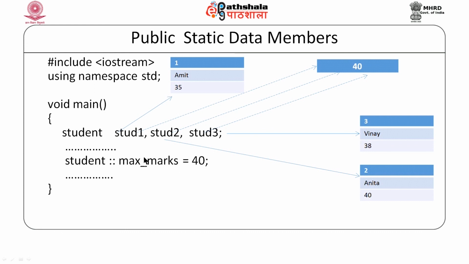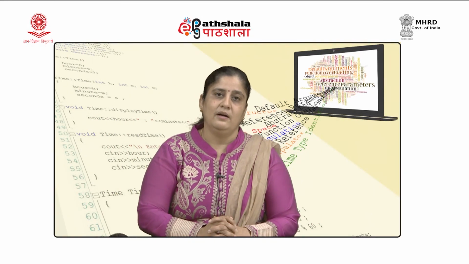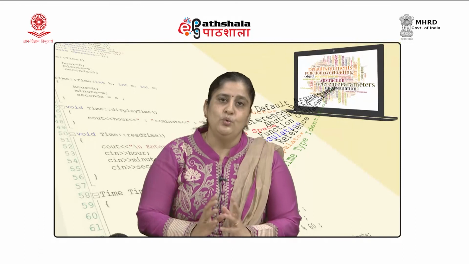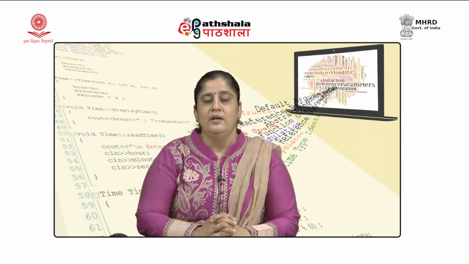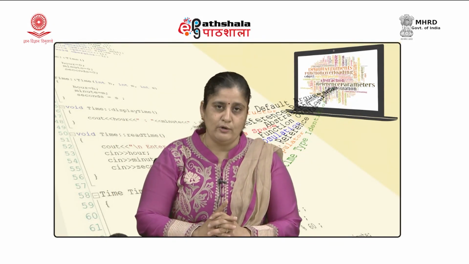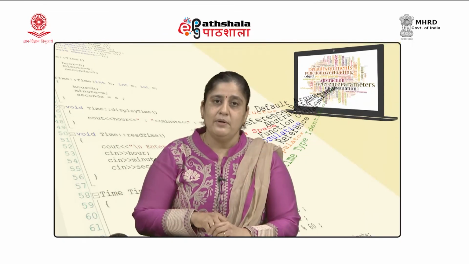Since this is a static data member, it does not require an object to access it. We can simply specify the name of the class and use the scope resolution operator to access this. So, that is another way of doing it. Now, you would see that the use of static data members makes the use of a data member which is common for all objects much easier. It makes its updation easier, and it does not leave any scope of inconsistency in data, because there is only one copy. If we do not make it a static data member, there are multiple copies.